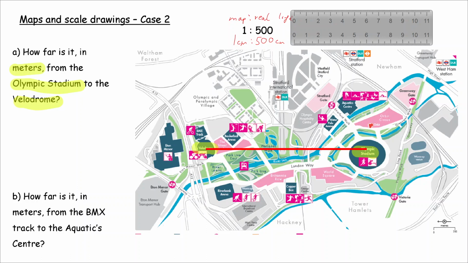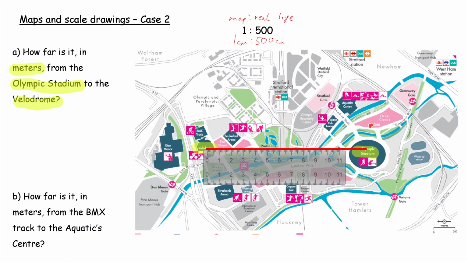And then let's go and get our ruler and put it down over here, and let's go for 0, perfect. And it's already lined up. That's brilliant. So 0 is lined up, and we're going up to 13.3. Okay, so that is a distance of 13.3 centimeters. Okay, so let's go and use our ratio, which is now up here, which is saying that you've got 1 centimeter on the map is 500 centimeters in real life, and you've just measured a distance of 13.3